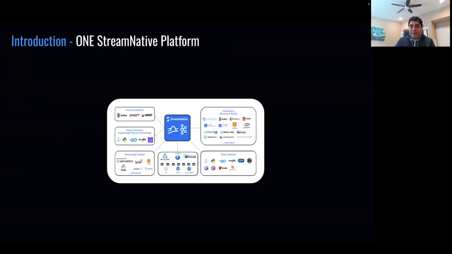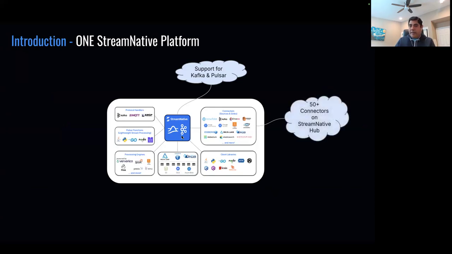So absolutely. I'm going to quickly cover a little bit about our core platform from the Stream Native side. Right in the middle, at the core of Stream Native, we offer support for Pulsar and Kafka. And then we offer connectivity through various connectors, both built on Pulsar IO and Kafka Connect framework. With the support for Kafka Connect recently launched, that opens up a bigger ecosystem of connectors for our customers and even partners to leverage and build more on.